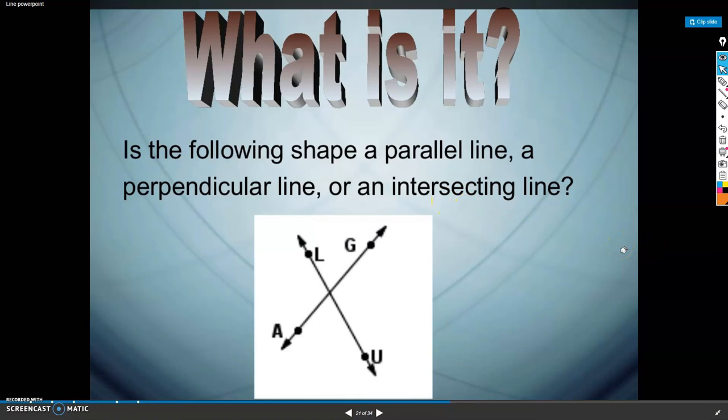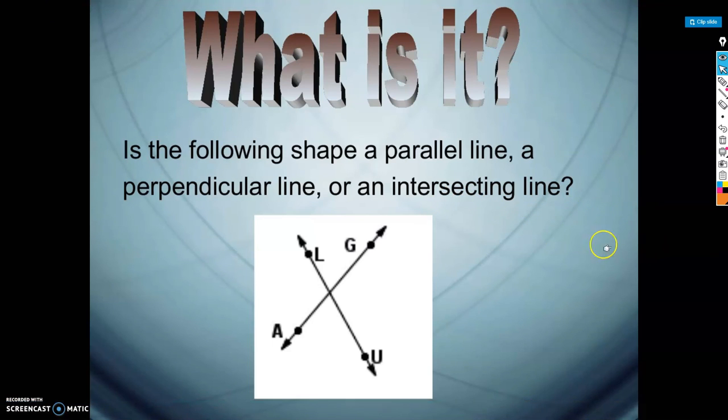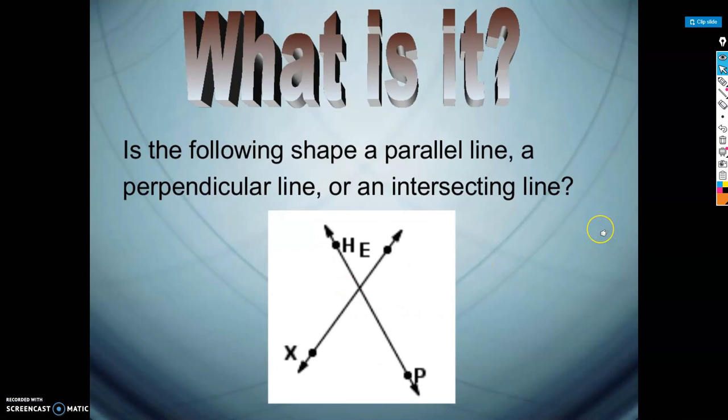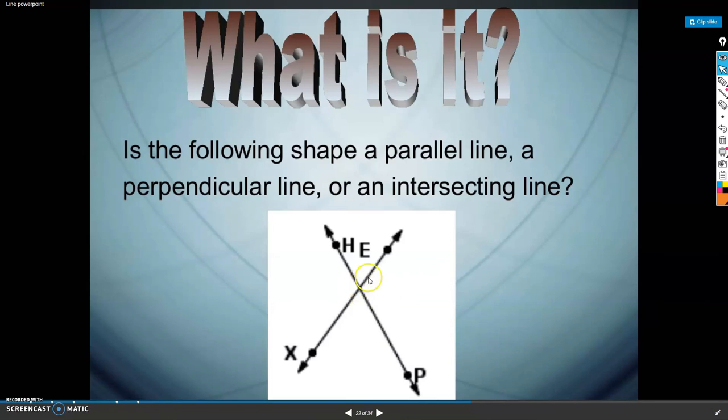So if you see this on an assessment or somewhere else, it's going to be a little more obvious than what you see in there, so it's not a big deal. That looks like the exact same picture to me. I don't know if they meant for that to be intersecting or perpendicular, but it looks intersecting to me because that looks like it's obtuse and that looks acute.